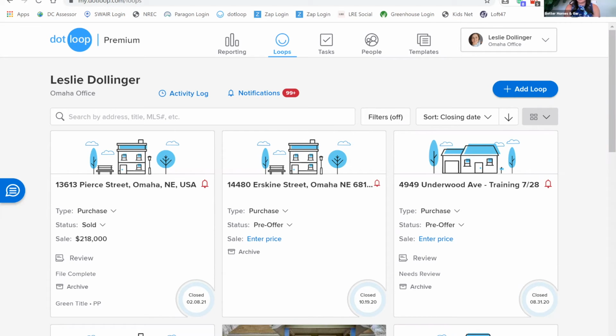It's saved in there. It can be in its own folder. Loops can be as big as they need to be. And having all of that in one space, I think, is a very underutilized way that DotLoop can keep our transactions together beyond the transaction. I mean, think about everything that comes with title. Like you said, termite, you can do any of your settlement statements, any sort of documents that they need to maintain for their taxes